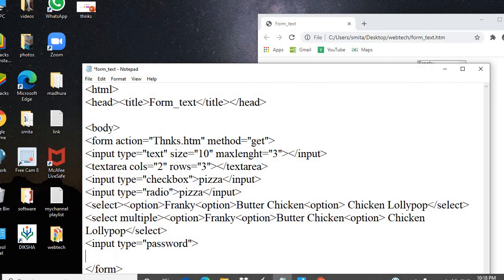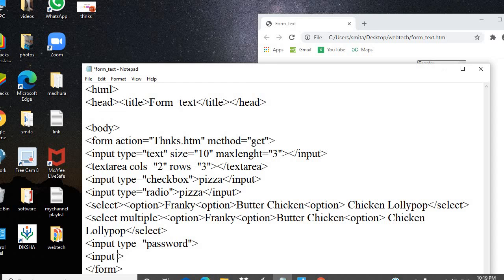Now the last option of it, that is buttons. Basically buttons are of two types, that is a submit and reset button. Buttons are provided on the website so that the user can click on them and certain commands can be assigned to that button. For example, the submit button is used in case the visitor has finished entering the form and wants to submit the entered data to the server.